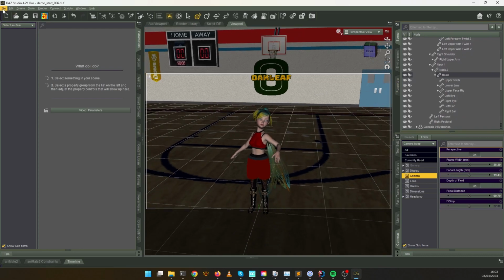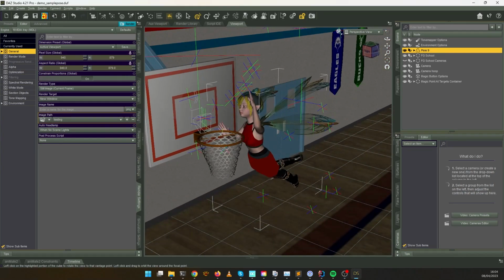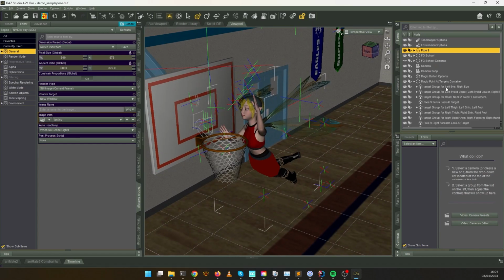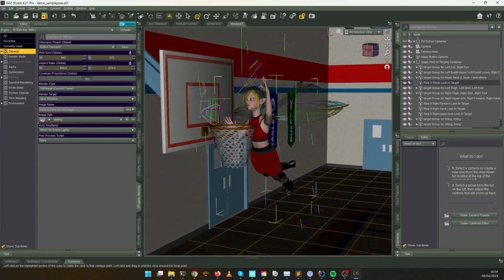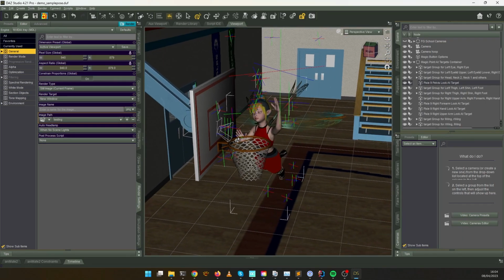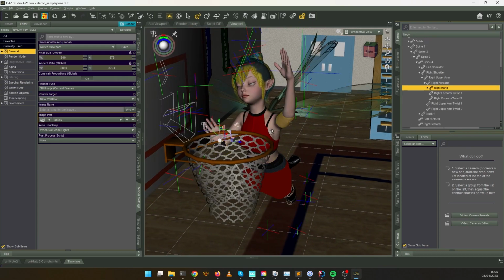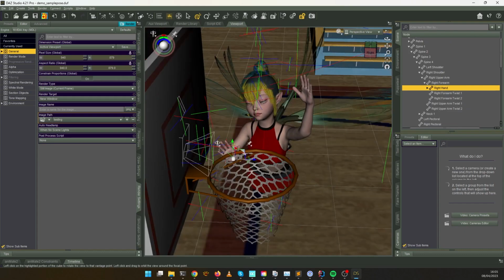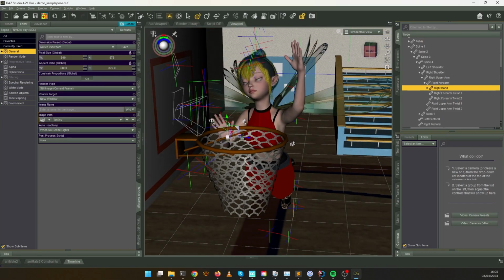I will go back to another. So I was working on a pose using all those nulls. I have quite a few of them active right now, but I can always bake them or do something with them. I'm not quite sure, but I just wanted to illustrate how useful it could be. For example, here I like her to grab the hoop,